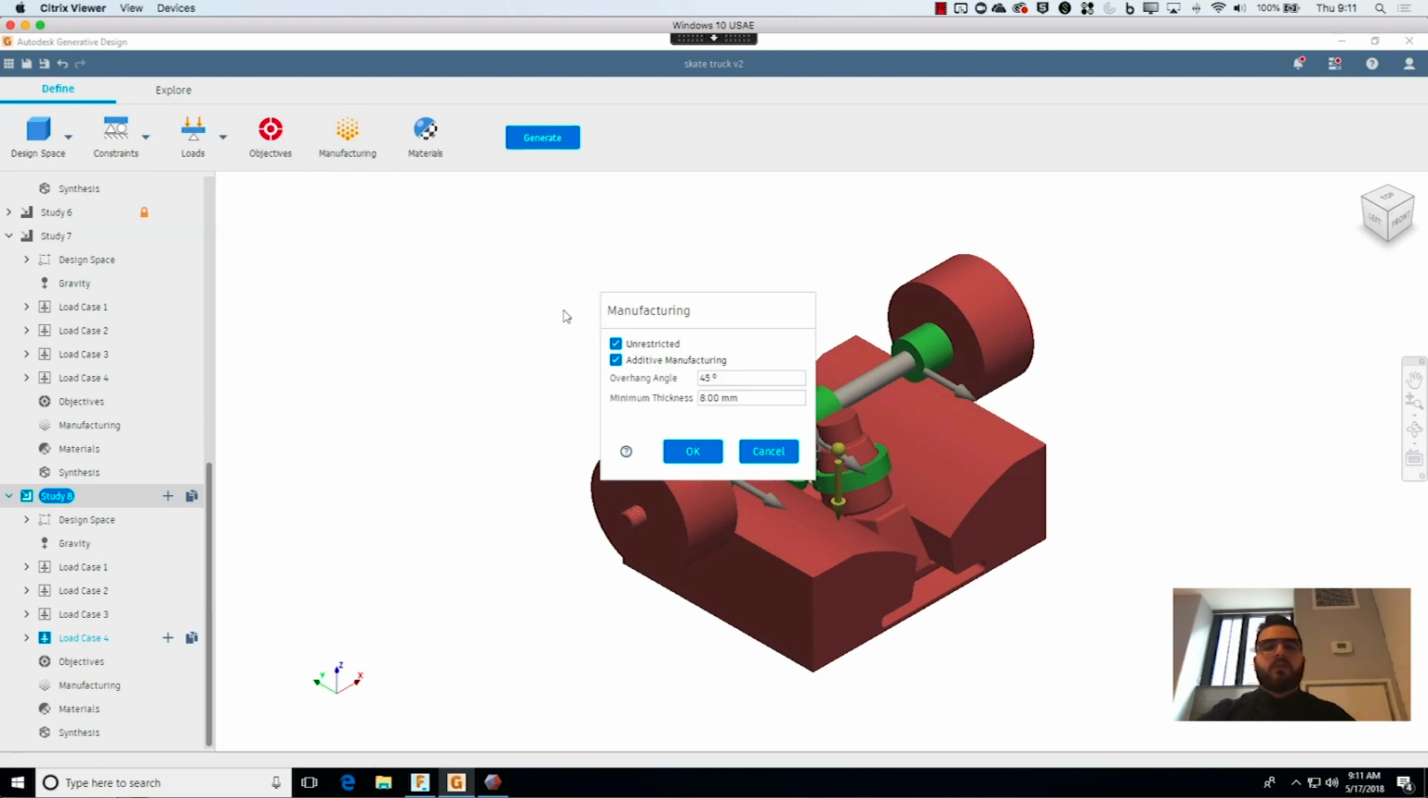In the case of my studies, I've done them with unrestricted and additive. With the additive manufacturing restrictions, I've told it that I don't want overhang angles below 45 degrees, and I want my minimum thickness to be 8 millimeters. Minimum thickness here is not referring to shell or wall thickness, but actual element thickness. That's basically saying that you don't want geometry that is less than 8 millimeters across,